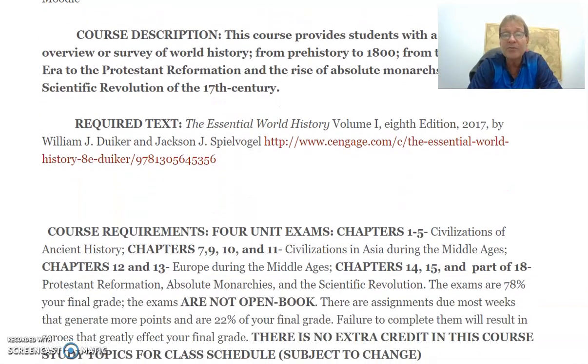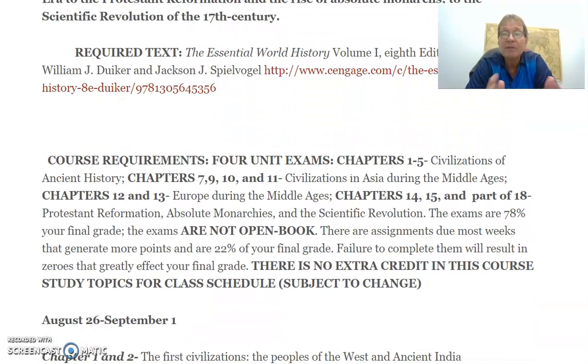The requirements, there's going to be 4 exams. I lay a lot on you. Don't panic. Please don't panic. We do a lot in the first few weeks because everybody is fresh. Everybody is still highly motivated. So I lay a lot on you. We do a couple of chapters each in the first couple of weeks. And then after that, we slow down, and the remainder of the semester is at a nice pace. So just get through those first 5 chapters, and then we slow way, way down for the rest of the